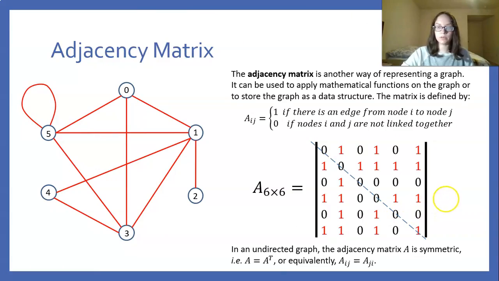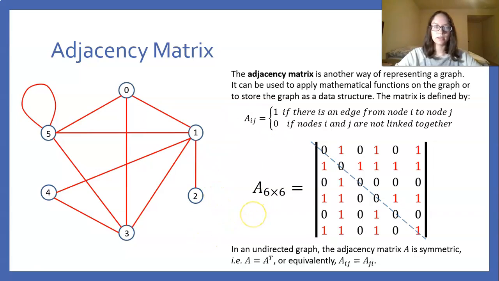Okay, so some other parts that we need to learn. We have the adjacency matrix of a graph. The adjacency matrix is just another way to represent the graph. So you see that over here we have the graph represented visually as points and lines, which is how we covered before, but we can take the information shown by this graph and represent the same exact information as a matrix. So the adjacency matrix is defined